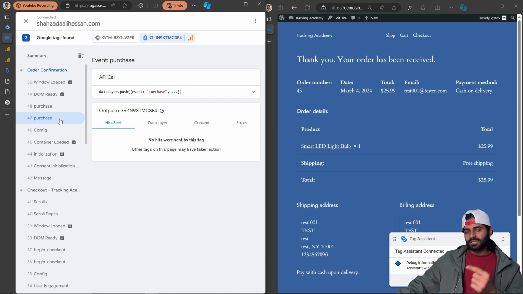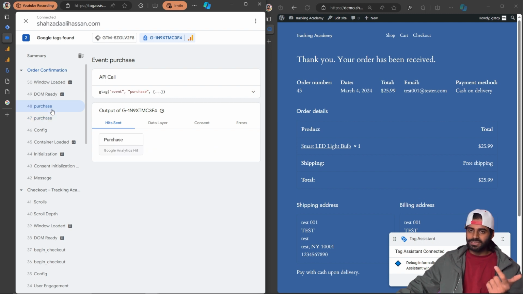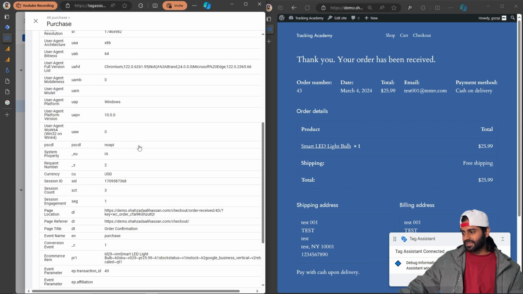Similarly, this purchase event is triggered through the data layer, but this data layer does not send any kind of hit back to the GA4. This purchase event sends the hit back to the GA4. You don't have to worry about it. It's not going to create multiple events or anything like that. This will work perfectly fine. If you have more than one GA4 property, you will see two events here and two events in the other Google Analytics 4 property. So let's click on this purchase event hit,